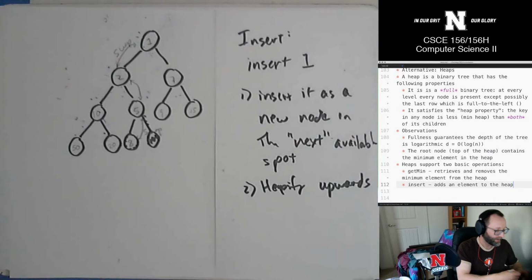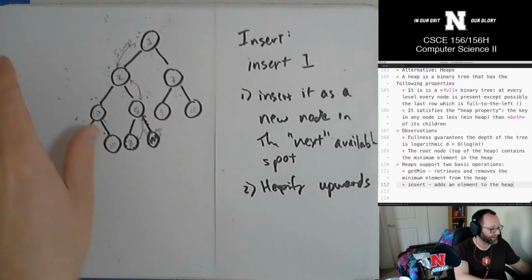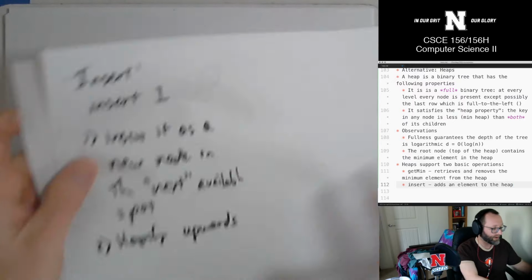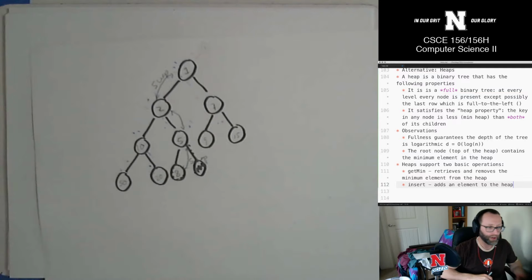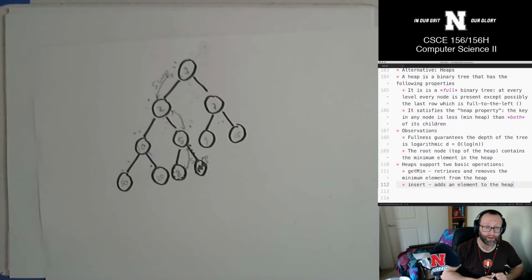All right? Those are the 2 ideas. Those are the 2 operations that support a heap. Let's talk a little bit about the implementations, and then let's talk a little bit about the applications of these things. Now, first of all, I drew it as a tree, so you can implement a heap as a binary